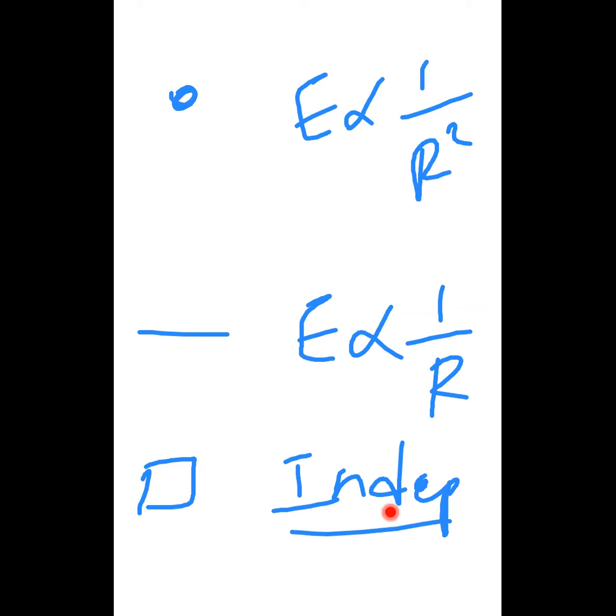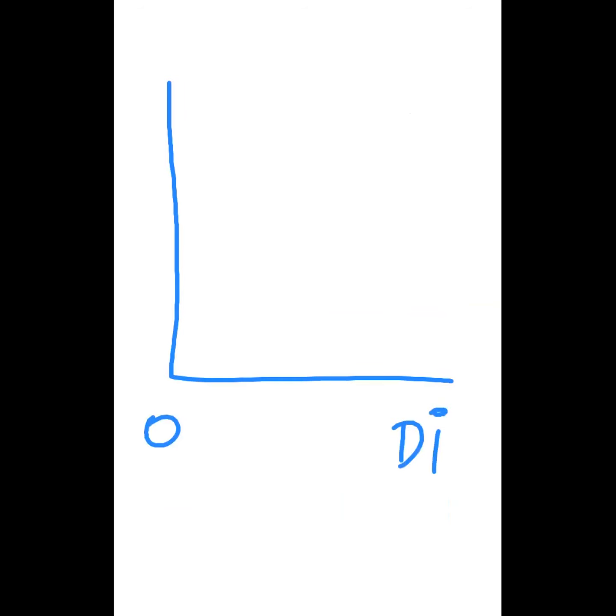So how can I compare all these things? Just for comparison I am putting here, say for example, this is distance measured from your source. Again, it differs in all the cases. For a point charge you have to measure it from the center point. For a line charge, only perpendicular distance has to be measured, and in surface case it is independent of distance.